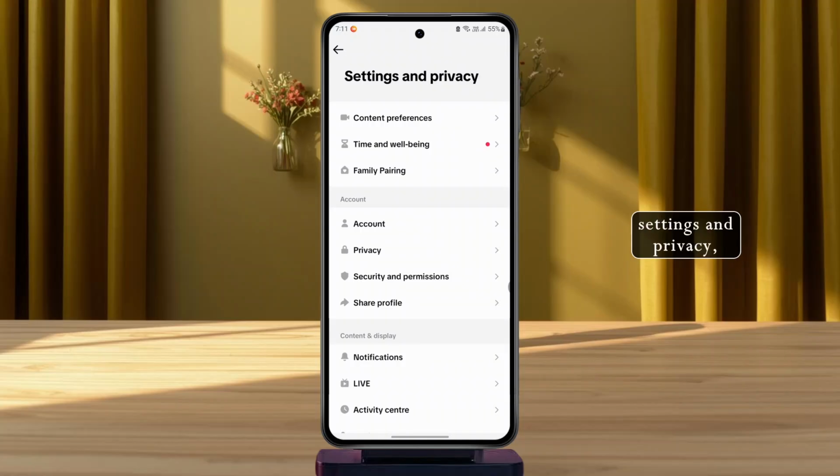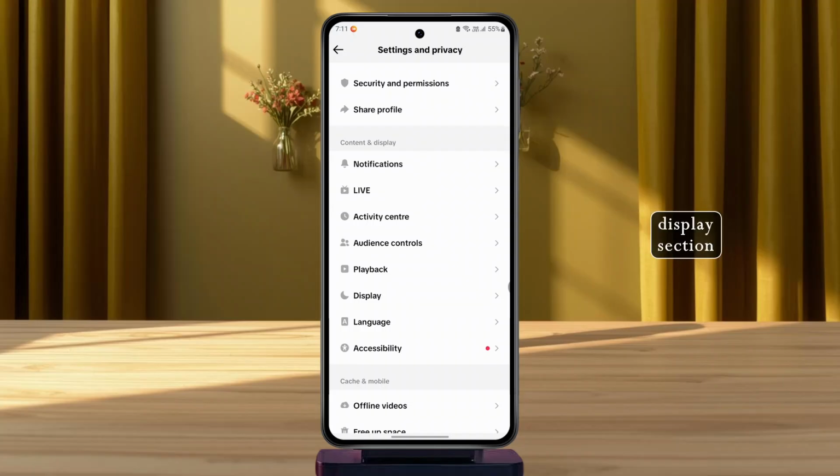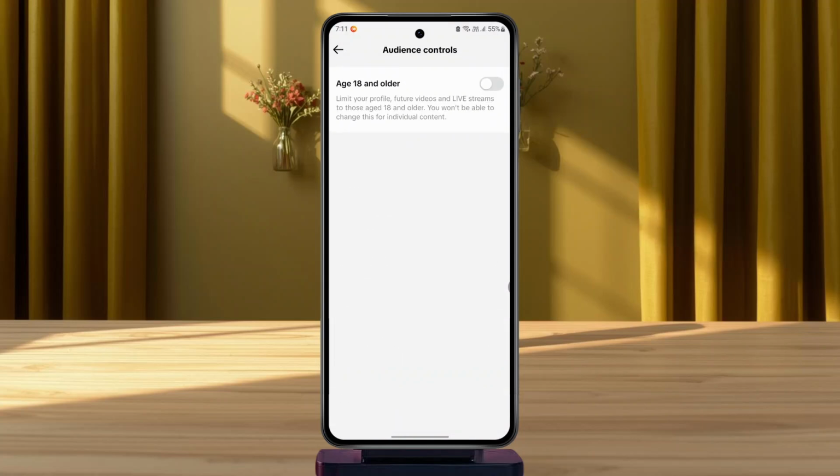And once you tap on settings and privacy, you just need to look out for the option for audience controls. So you can scroll down, go to the content and display section, and there you'll find the option for audience controls. So tap on that option right there. And then once you tap on it, you will find the option of age 18 and older